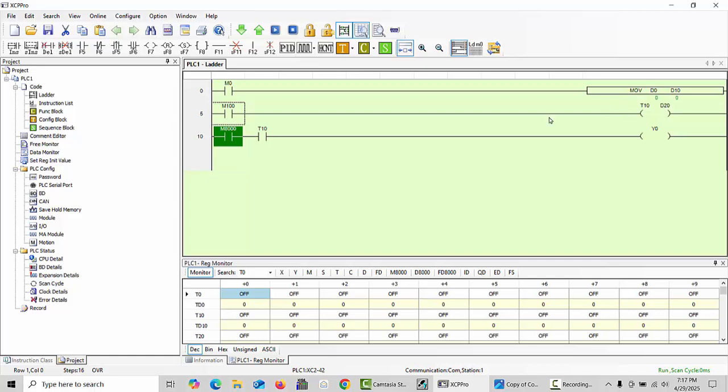So we have to change this value. What data register do we choose here? Here D20. So we have to type it here also, D0 move into D20. And now whichever value we type in this D0, that value will automatically move in